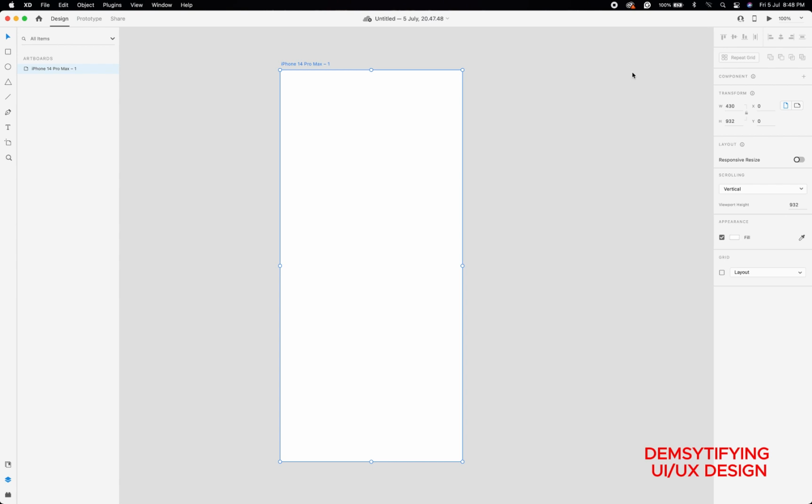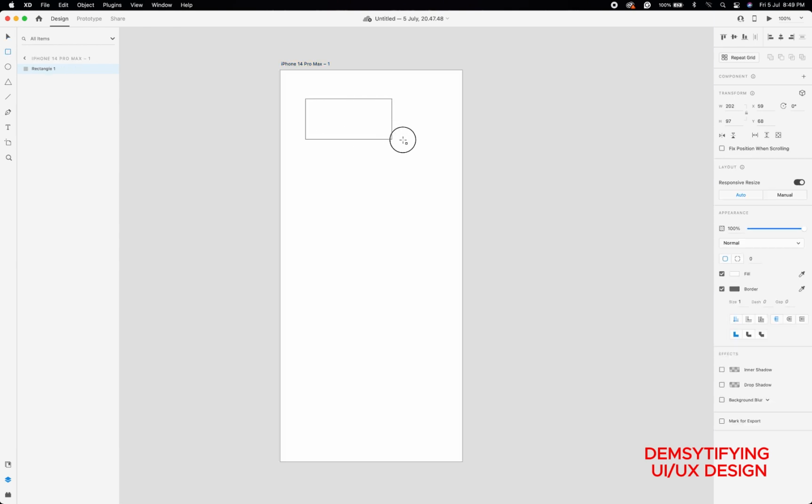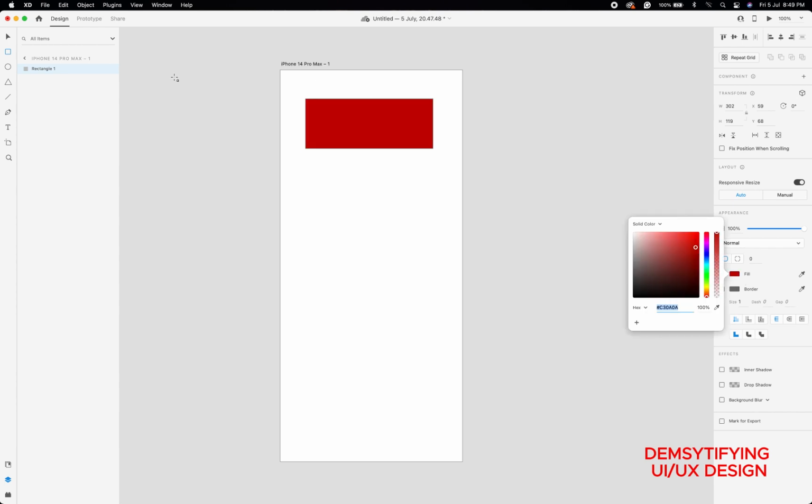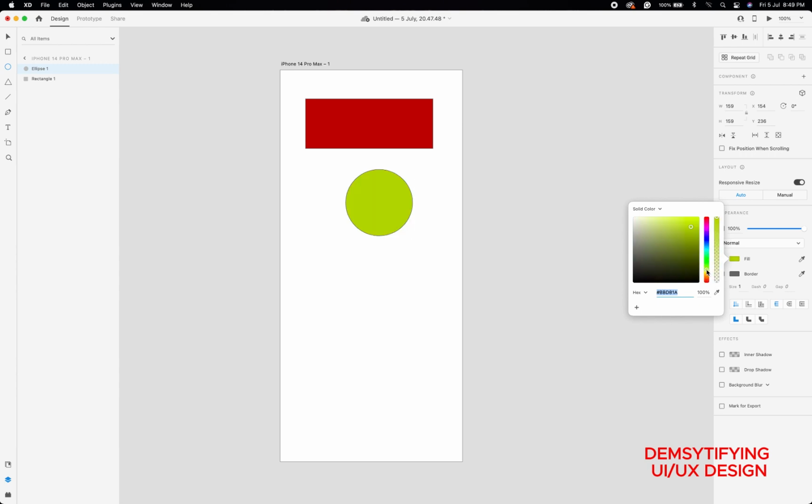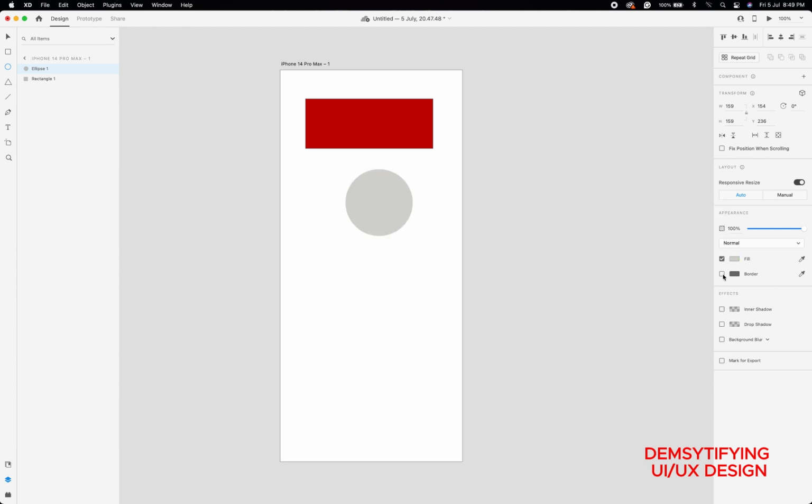Alright guys, still on introduction to Adobe XD interface. So let's continue with the introduction. Let's make a few shapes here and I'll show you a few things. Alright. Okay. Now